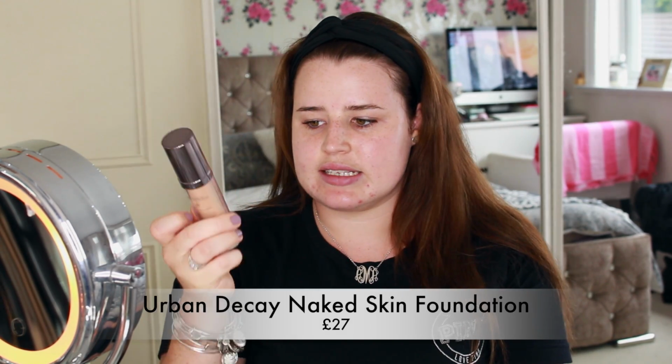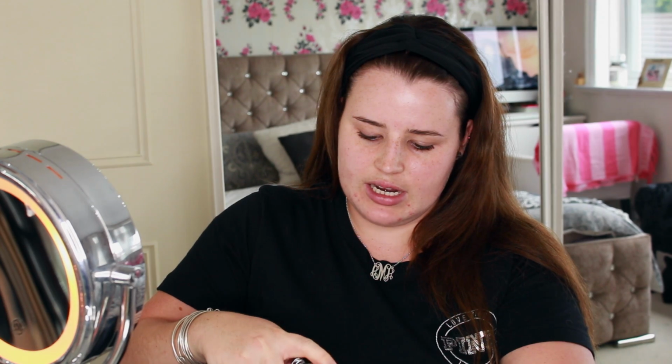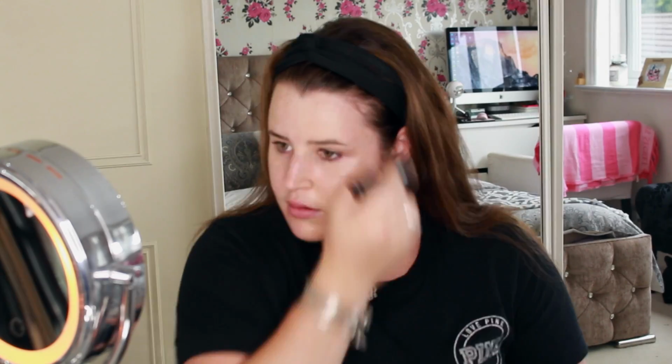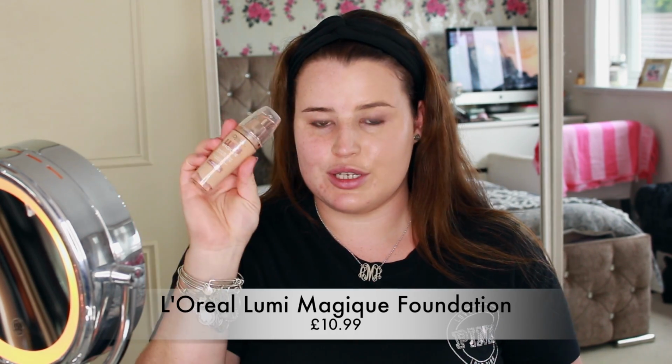For high-end, I'm going to be using my Urban Decay Naked Skin Weightless Ultra Liquid Foundation. This is a really nice, natural, luminous foundation. And just blend that in. Just like that. And then I'm going to clear the brush, and for my drugstore alternative it's the L'Oreal Lumière